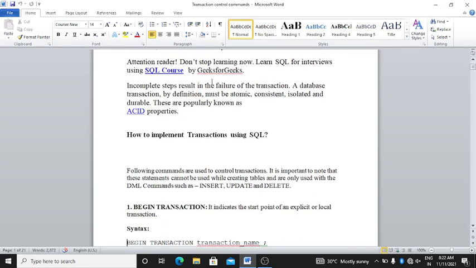The following commands are used to control the transaction. It is important to note that these statements cannot be used while creating tables and are only used with the DML commands such as insert, update, and delete. These are the commands which control the transaction operation.